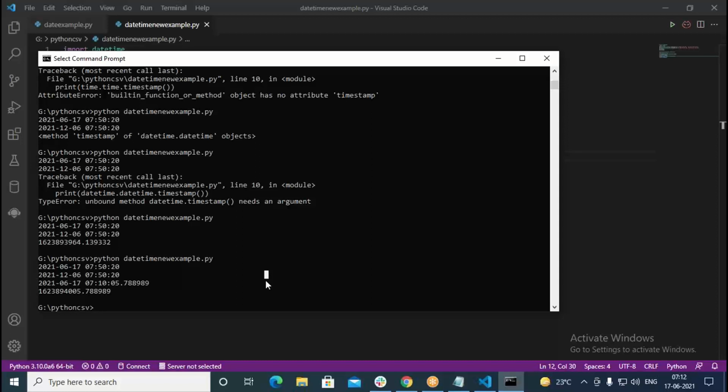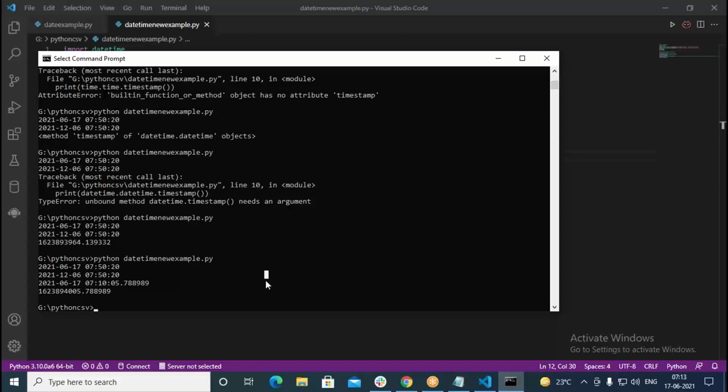So we have one mechanism, which is nothing but timestamp. Whenever some events are getting fired, this can be used. So we have used timestamp from the datetime.